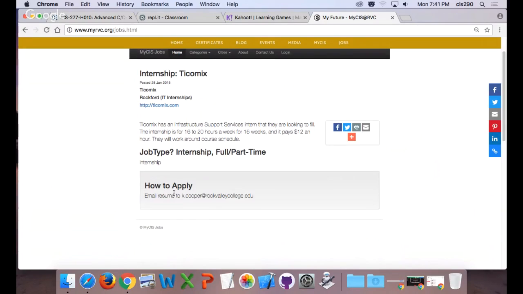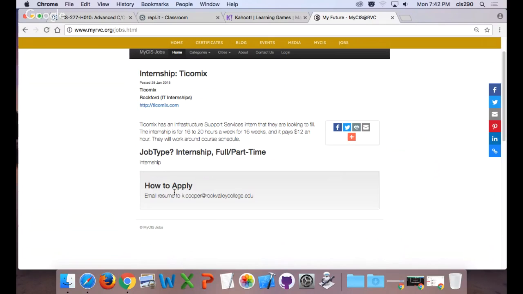So Tycomics is looking for an infrastructure support person, totally intern. You have to have 0 experience. All they're wanting is somebody to say, they say, do this, and you do it, basically. And so they'll teach you whatever you don't know. And it's just basic IT support. They are in Loves Park, and so not too far. They work around your school schedule. And it pays $12 an hour. It's pretty good for an internship, right?